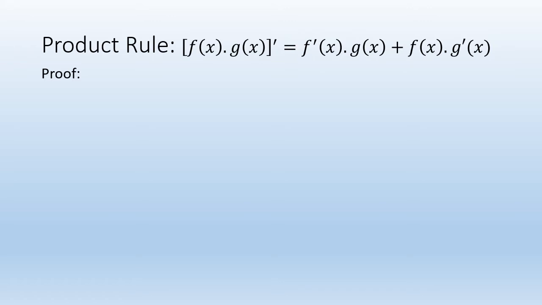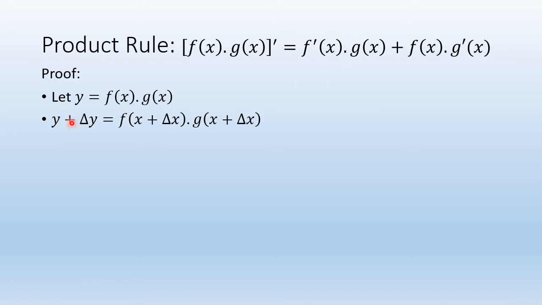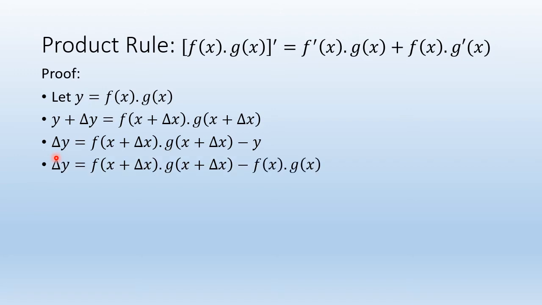The proof of the product rule, we are going to prove it by the first principle. So let's take y equals f(x) into g(x). y plus del y becomes f(x plus del x) into g(x plus del x). Then to evaluate del y, bring y towards the right hand side and you will get it like this. Now put y equals f(x) into g(x) and our expression takes the shape del y